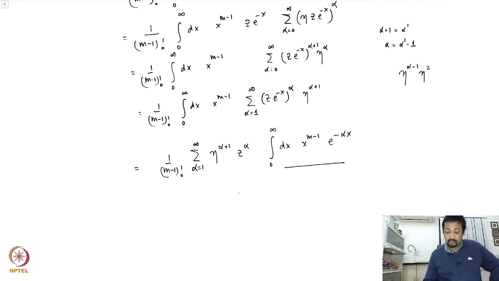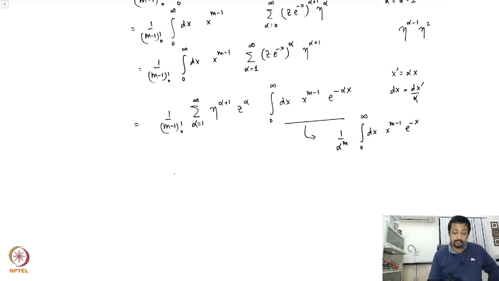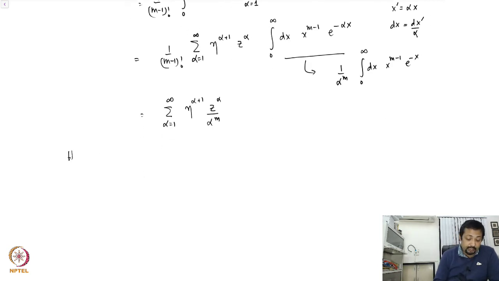And this integral, I can replace x prime as alpha x, so that dx becomes dx prime over alpha, and you see that this integral I can recast as 1 over alpha to the power m, integral from 0 to infinity dx x to the power m minus 1 e to the power minus x, which is nothing but (m minus 1) factorial, which will cancel with this, and therefore you are going to be left with sum over alpha equal to 1 to infinity of eta to the power alpha plus 1 z to the power alpha divided by alpha to the power m. So which means the high temperature expansion,